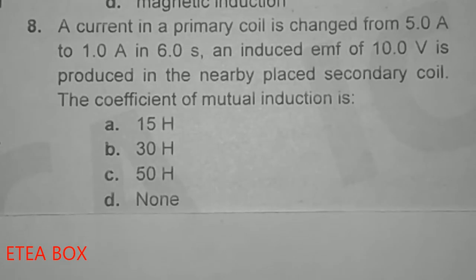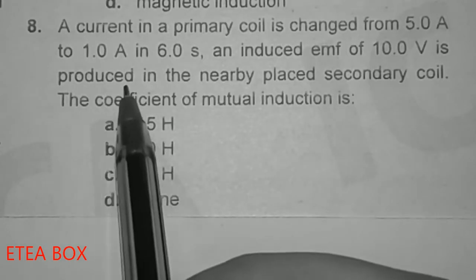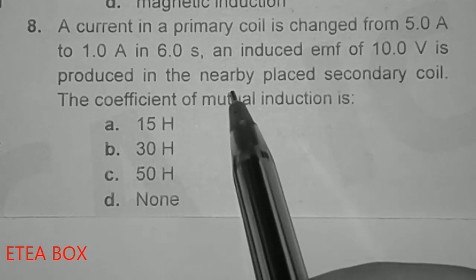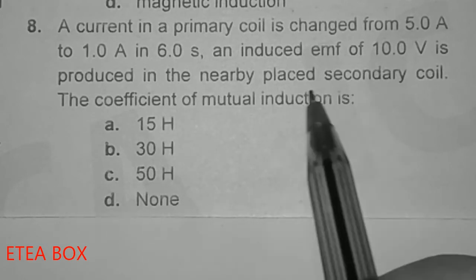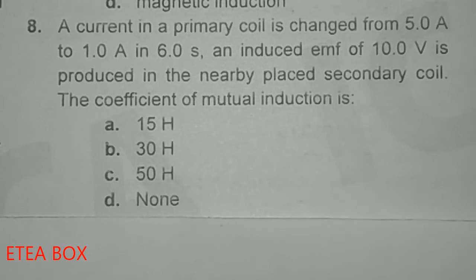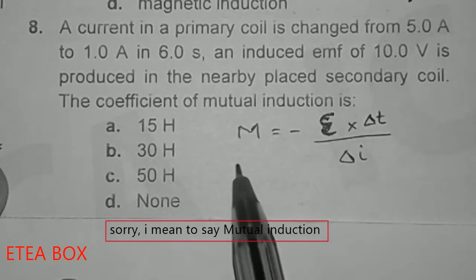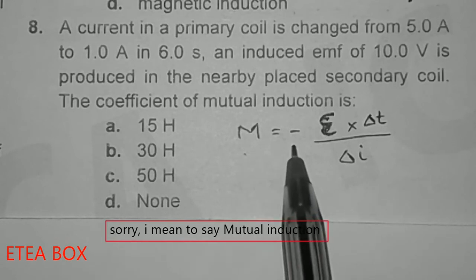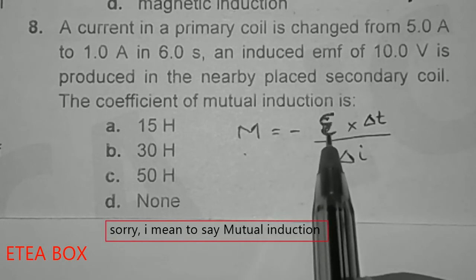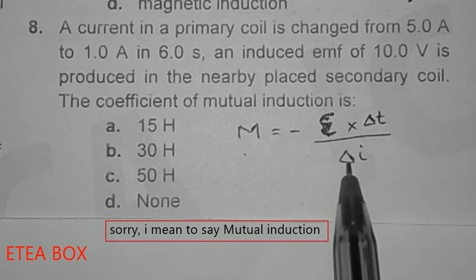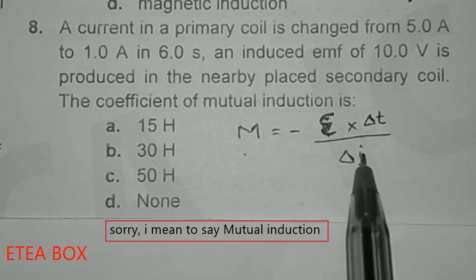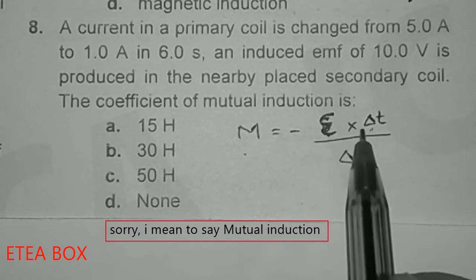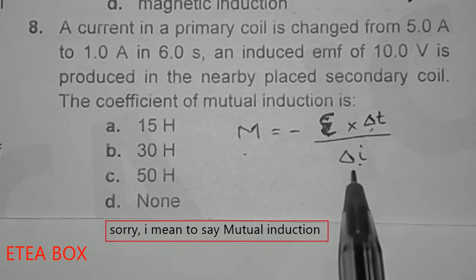A current in a primary coil is changed from 5 ampere to 1 ampere in 6 seconds. An induced EMF of 10 volt is produced in the nearby placed secondary coil. The coefficient of mutual induction is. Now we know that mutual induction is equal to EMF in the secondary coil divided by the rate of change of current in the primary coil. So when we bring this time here, it will be E multiplied by change in time divided by change